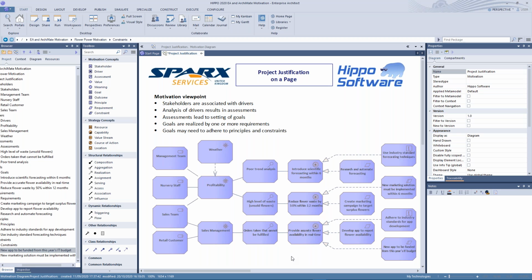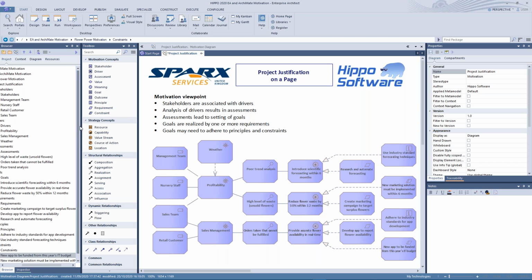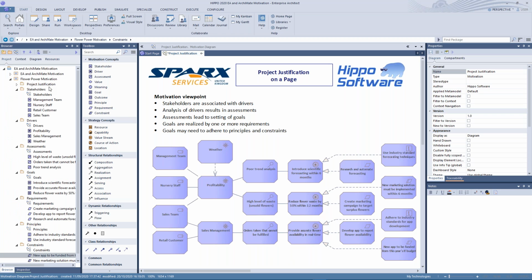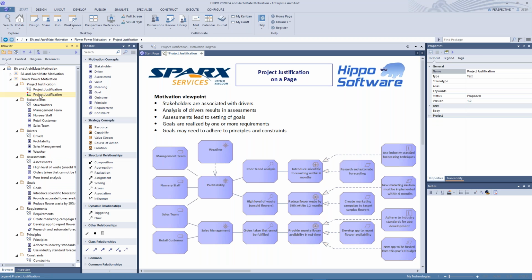So they have this beautiful summary diagram explaining the justification for the projects that they would like to kick off. Of course, our architects can understand this diagram because they are already familiar with ArchiMate notation. However, we need to be able to share this information with a wide range of directors and business stakeholders who have not been trained in ArchiMate. So to make this diagram much easier to understand and more intuitive, the architects add a legend to the diagram,